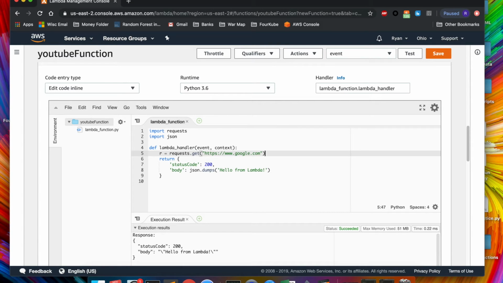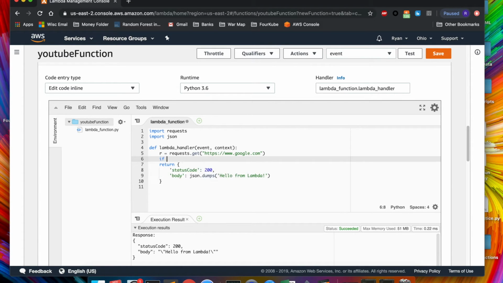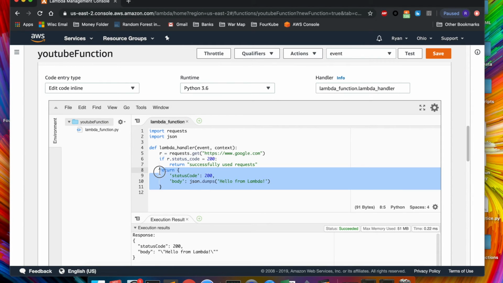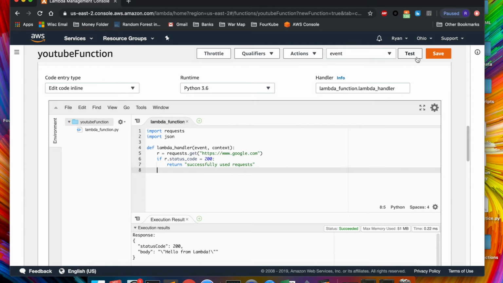And then after that, if the r.status_code is 200, let's go ahead and return successfully used requests. Go ahead and delete everything else. So now if we save this,